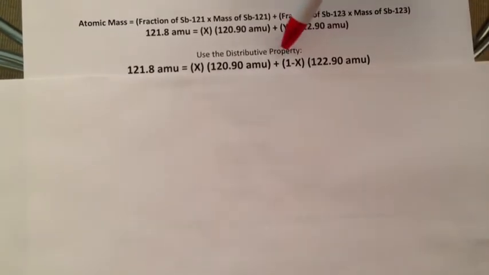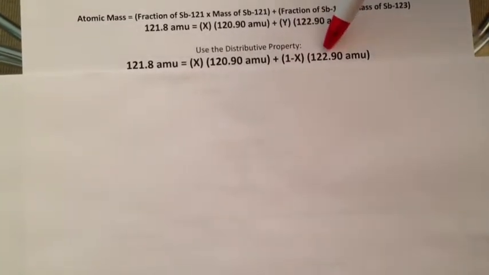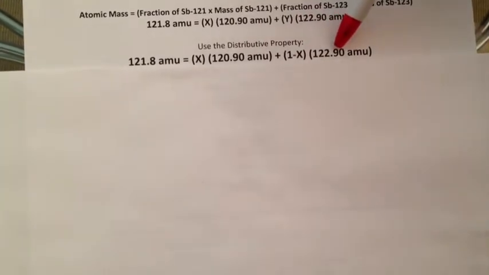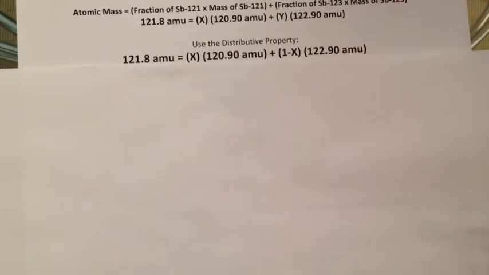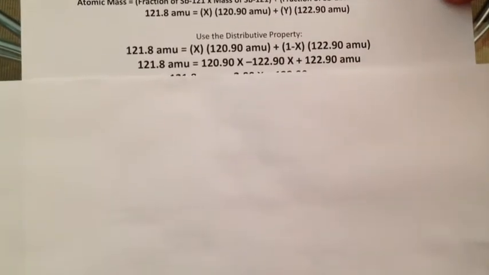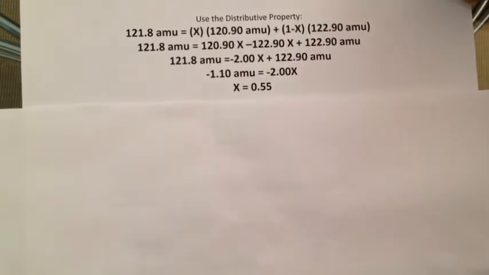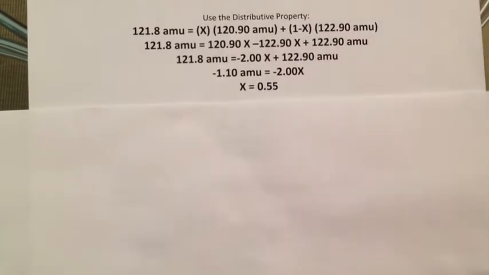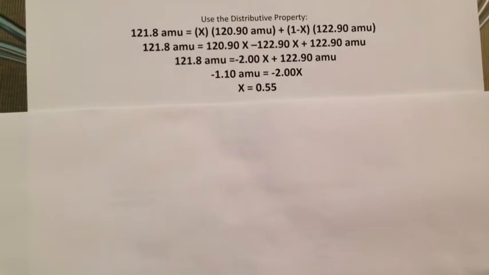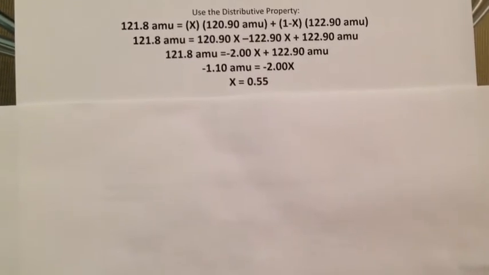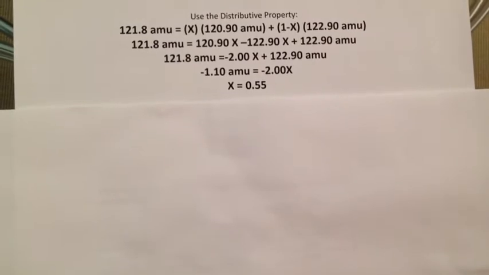We have 1 times 122.90 AMU and negative X times 122.90 AMU, which is shown here. And now we have found that X is 0.55 or 55%, which is the percent abundance of antimony 121,